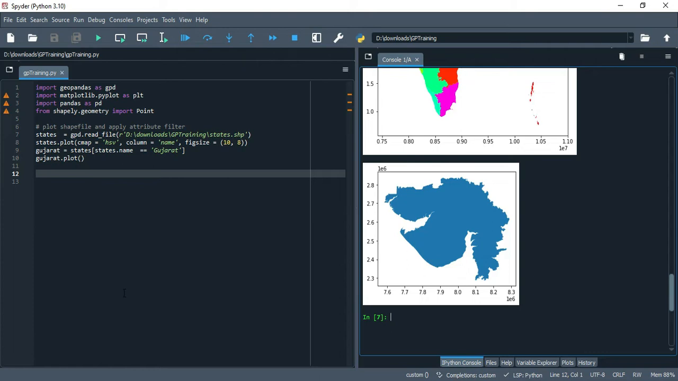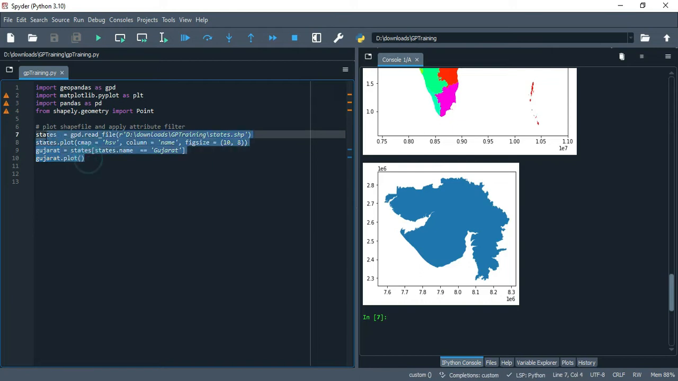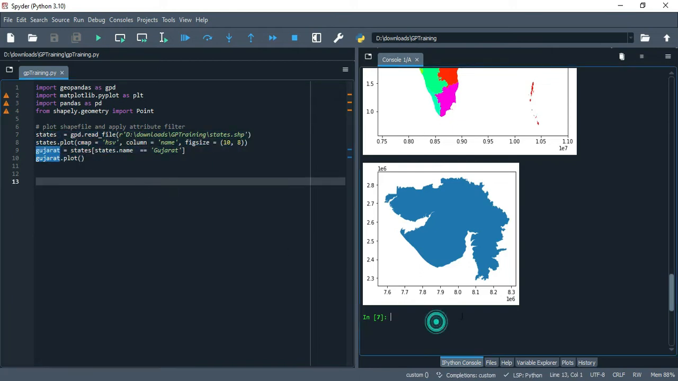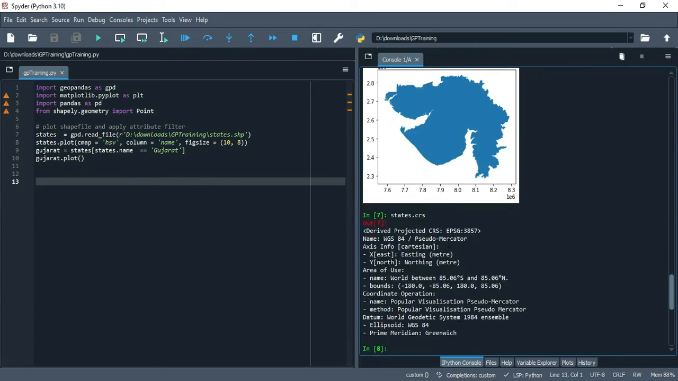So we can check the coordinate system either of states variable or Gujarat. Both have the same, because it is nothing but a filter part of it. So let us check the coordinate reference of states, CRS. So here you have to use this variable and then simply type CRS. Now when I press enter, you can see it is providing EPSG code 3857 and the detailed description of that